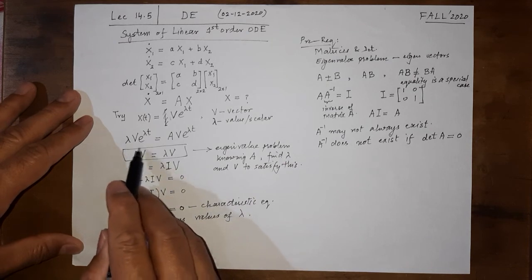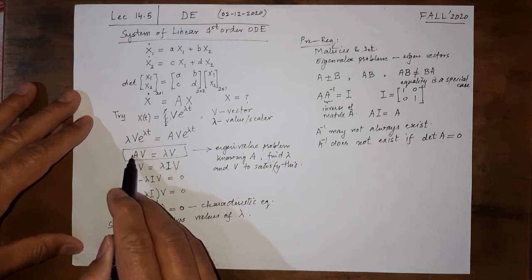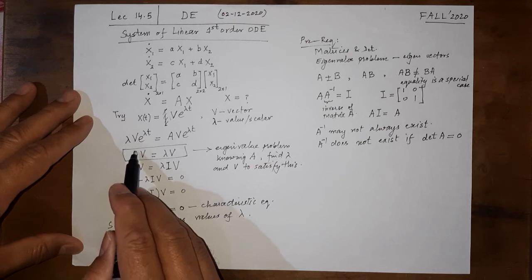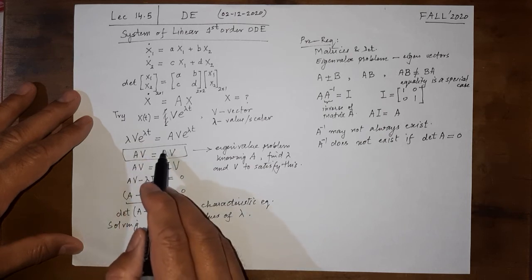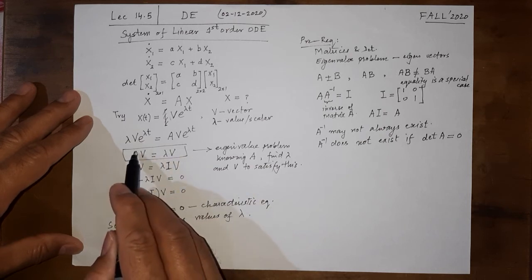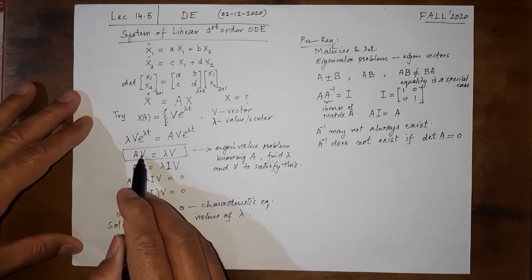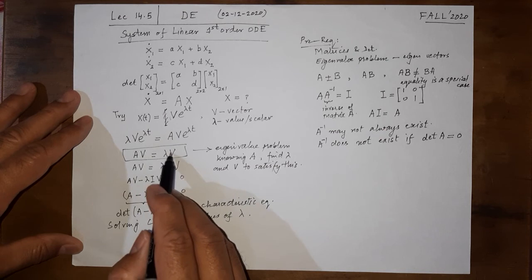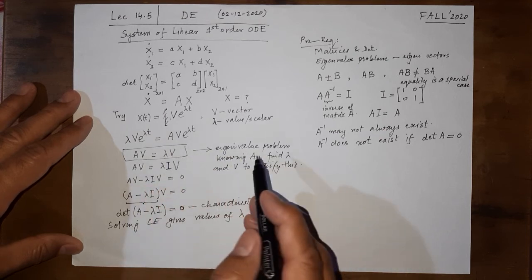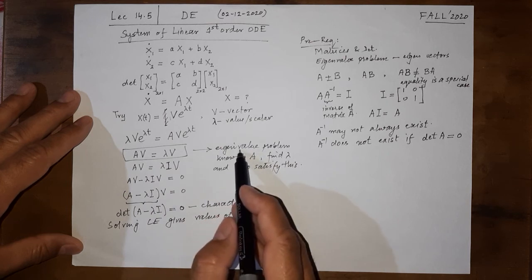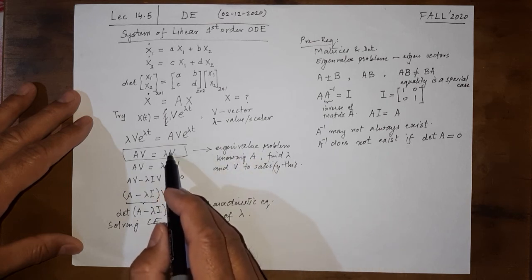So satisfy this what? Here v is being multiplied by a matrix. Here v is being multiplied by a scalar. So a matrix multiplied by a vector gets us the same thing as a scalar multiplying a vector. So these are very special values and vectors known as eigenvalues and eigenvectors.